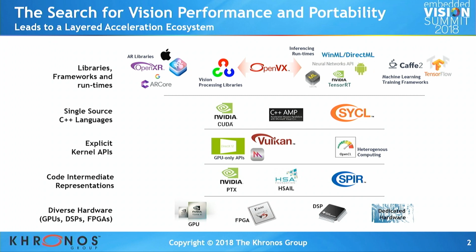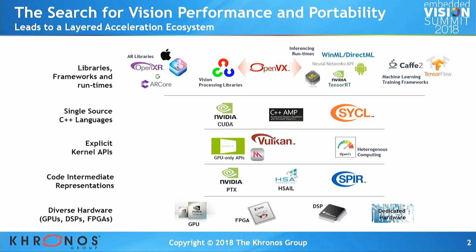As we all strive for performance and portability, time to market, layers are appearing where each layer leverages the other. And at the top, we have the application libraries, the use cases that are most interesting in the industry right now, things like AR and inferencing. And then those layers, as you go down through, will be trying to use one or more of the layers underneath them to reach into the underlying hardware for efficient acceleration.